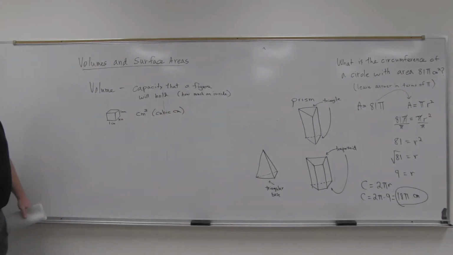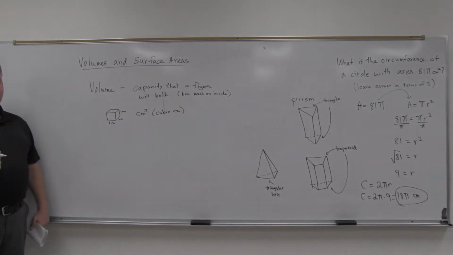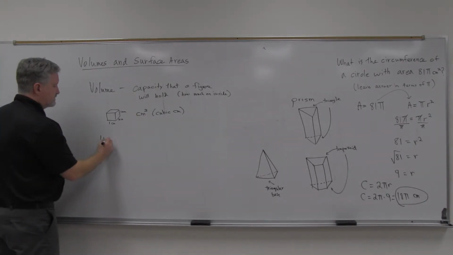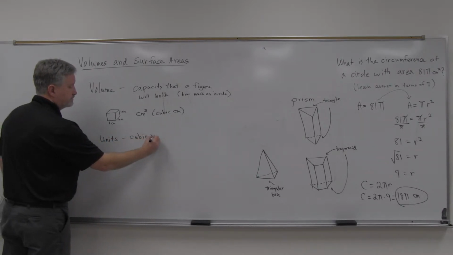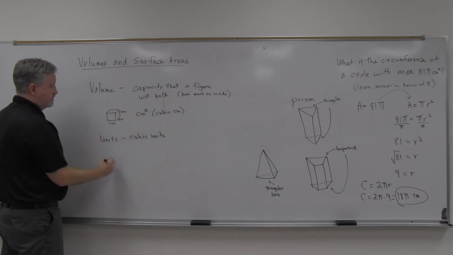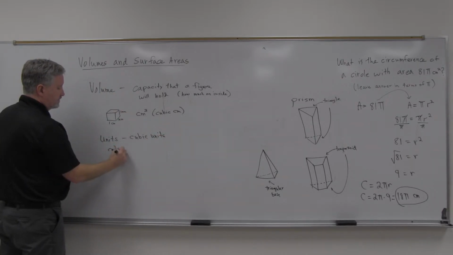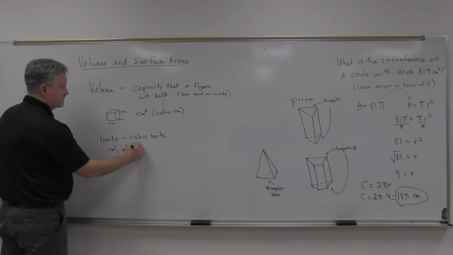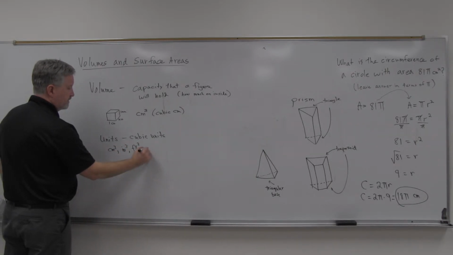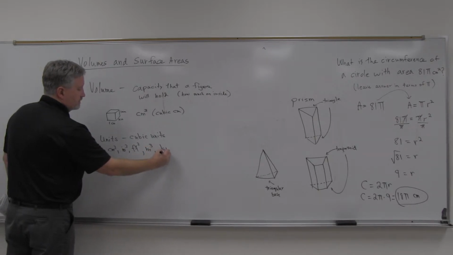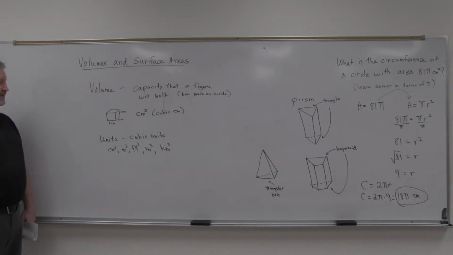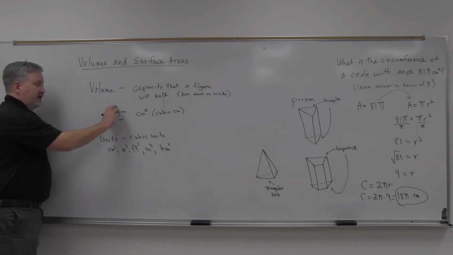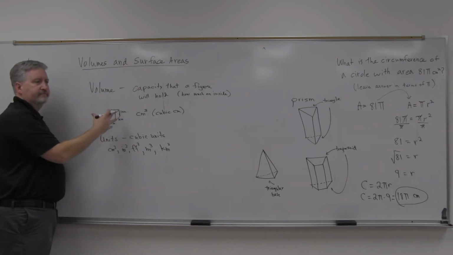So a centimeter cubed unit is one example of a unit that we'll use. Units that we use are cubic units for volume, and centimeters cubed is an example. Cubic inches, cubic feet. If you get bigger, cubic meters, could go up to cubic kilometers, I guess. But for volume you have to use the cubic units because you have to figure out how many of these things fill up a